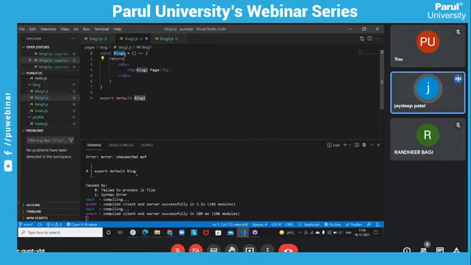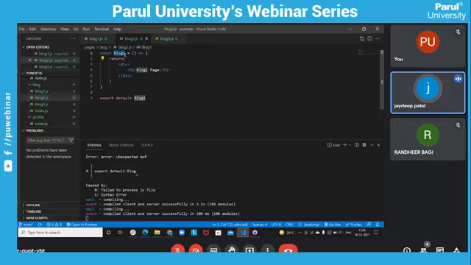Inside components, declare any JavaScript file. Let's suppose we declare a name.js file. In the name.js file we write one component. Let's suppose student name.